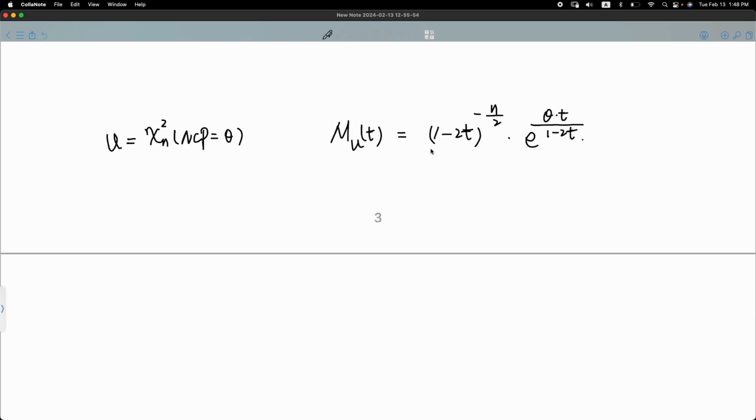Yeah, so you might need to use this to take the derivative with respect to t and then set t equal to 0 to find the expectation of u. When you evaluate the expectation of a non-central F, where non-central F with a non-central parameter theta is just chi-square n with ncp theta over n